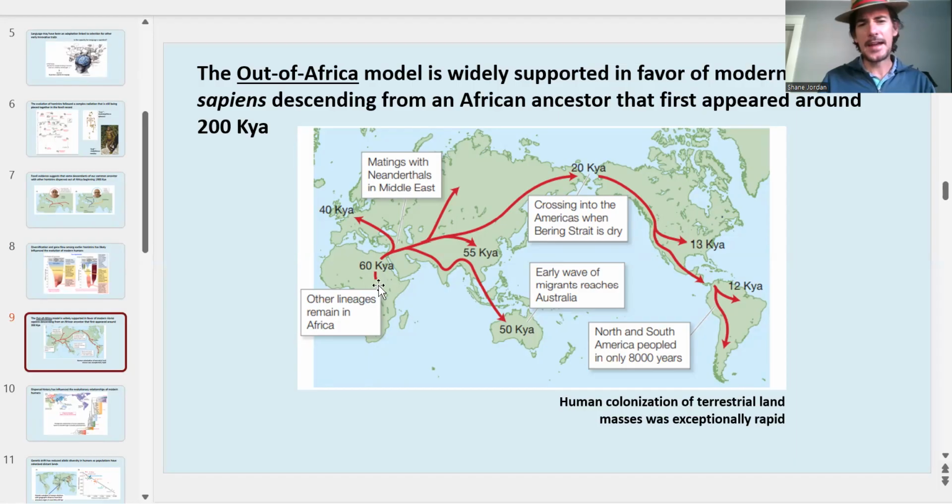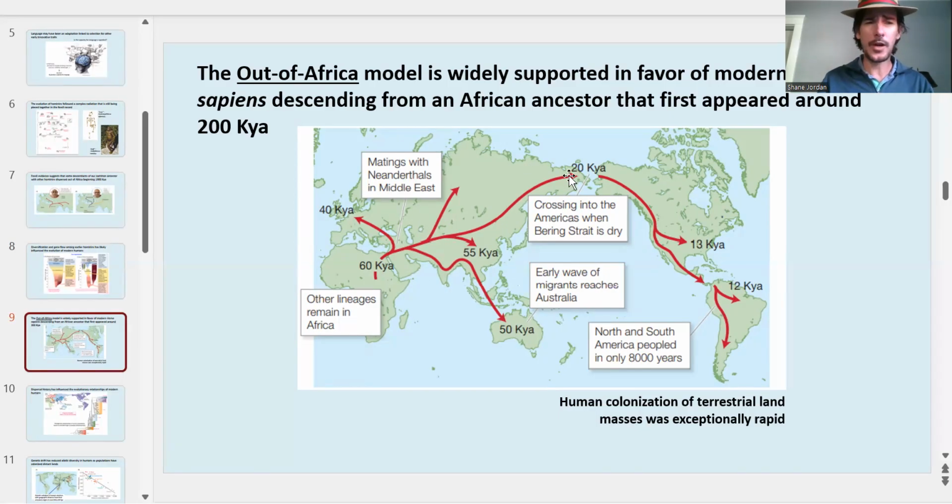If we consider the fact that there was a major migration out of Africa something close to 60,000 years ago, which led to broad colonization of these continents, we see that human populations reached Europe by about 40,000 years ago and colonized Western Europe, then reached Southeast Asia by roughly 55,000 years ago, reached Australia by roughly 50,000 years ago,